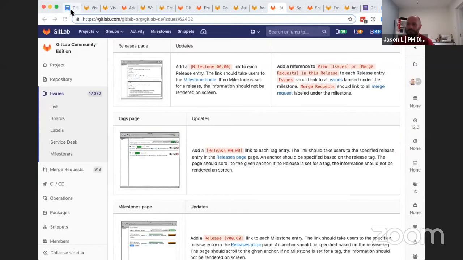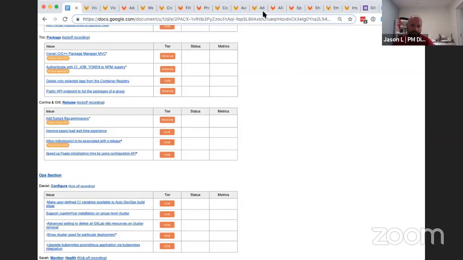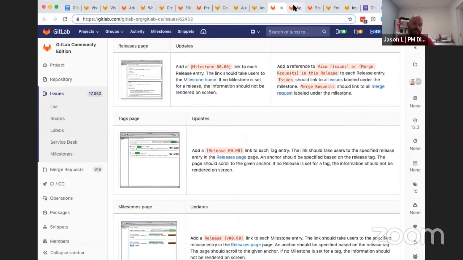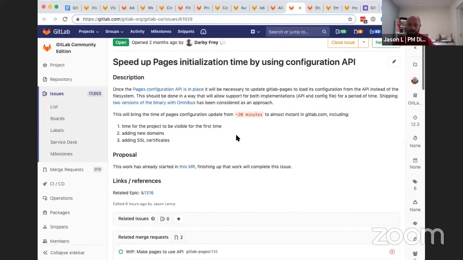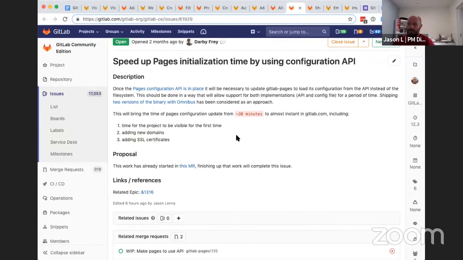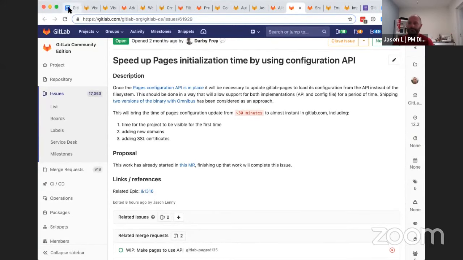Good stuff. And then finally, making a nice architectural improvement for Pages. If you've deployed a new Pages site, you've probably seen that it takes 15 minutes or a bit longer to actually get the site up for the first time after the deployment finishes. We're changing the way that's done on the back end, so that's going to be immediate or near immediate in the future. So if you spin up a new site, it's going to be there. You're going to be able to view it very quickly. So that's another one that's going to make a nice quality of life improvement for everybody out there who's using Pages.